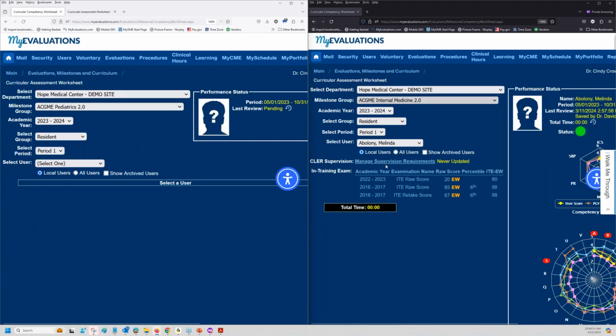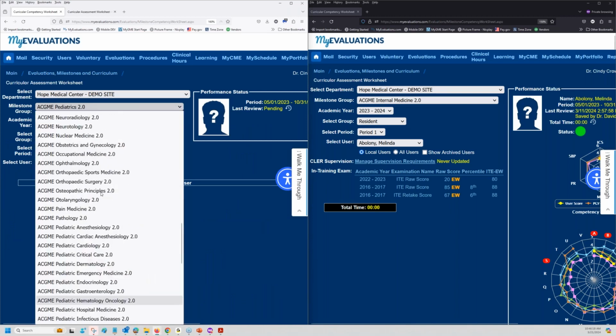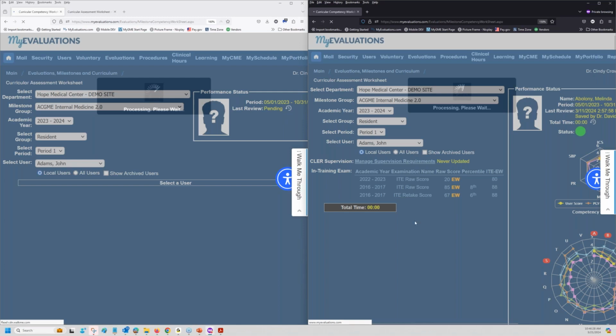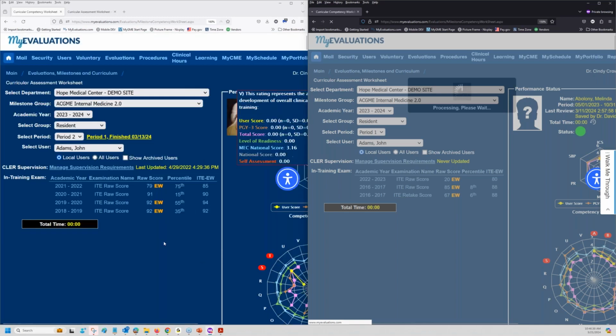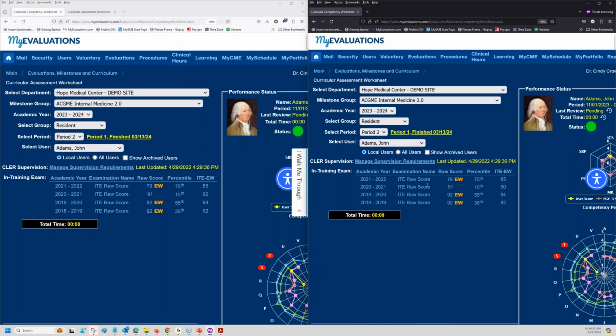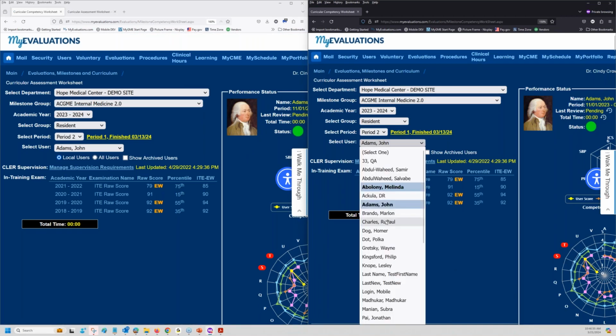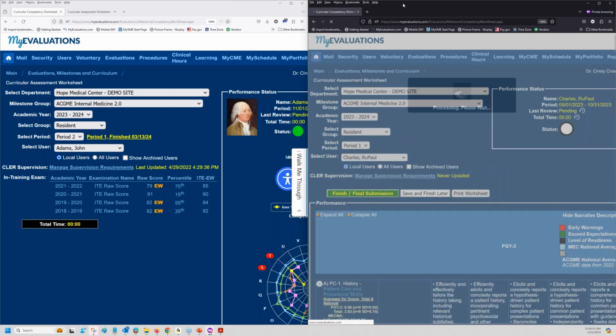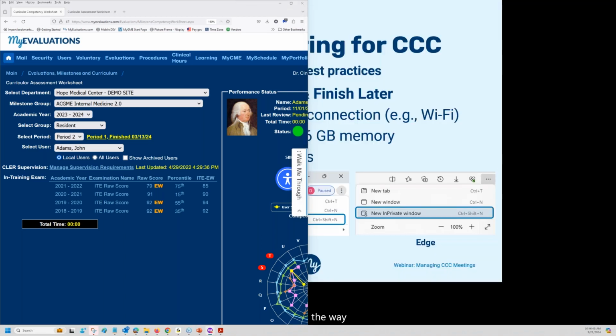I don't have to wait for what's happening on the other session. Each one of these sessions is operating independently, and there is no delay of activity. So while that's happening, I can switch to another person on this side, and we can start working on this while the other session is coming up. So I don't have to worry about causing a delay. And you don't have to have both pages up like the way I have it. You can simply have one page up. When they're done,